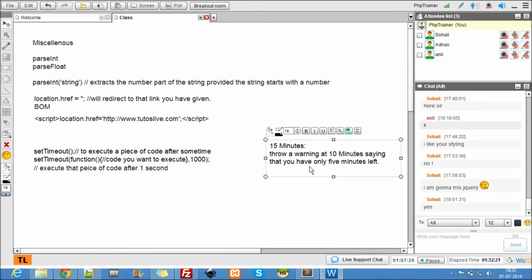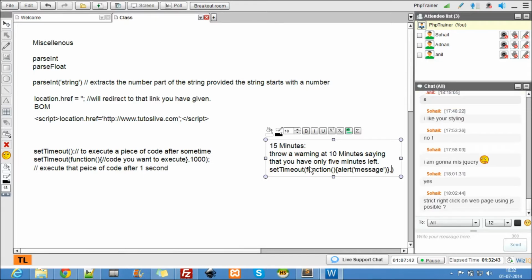So you need set timeout here. How do you do it? This set timeout function alert, whatever the message you want to alert, message, comma, 15 minutes equal to how many seconds? 15 into 60, so it's 900 seconds, 900,000 milliseconds. That's it.